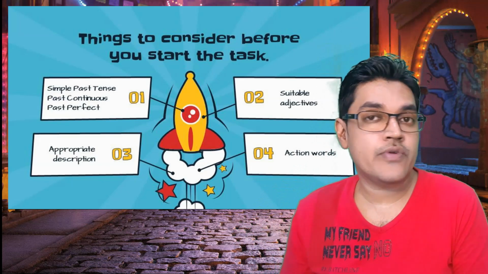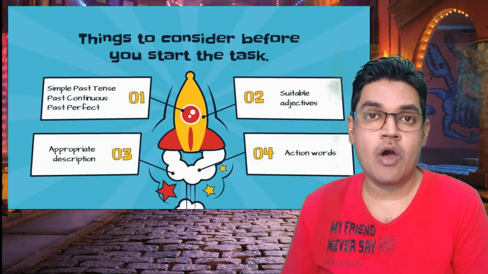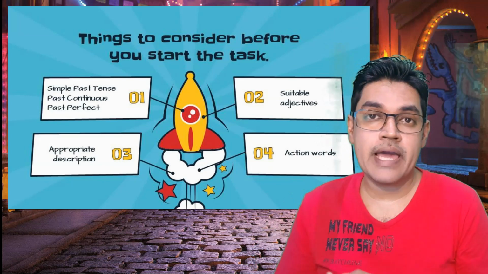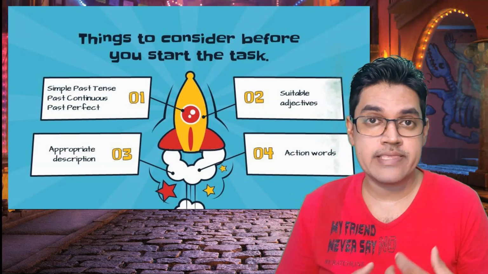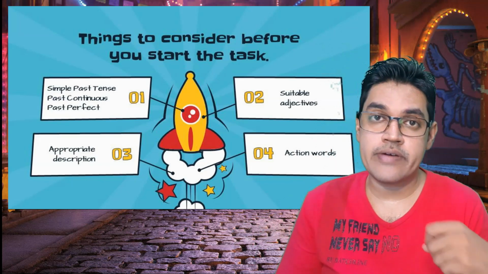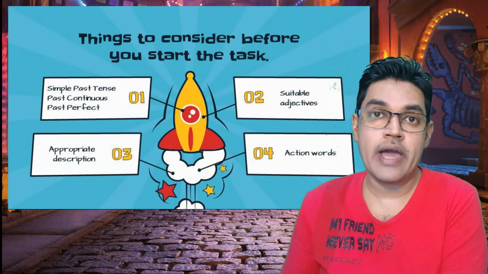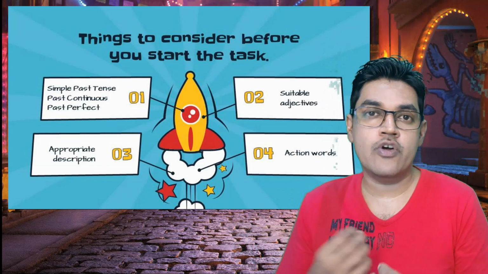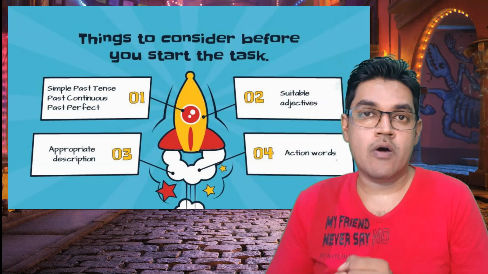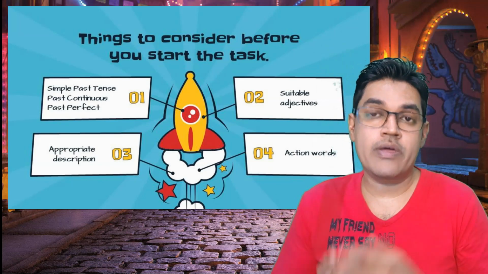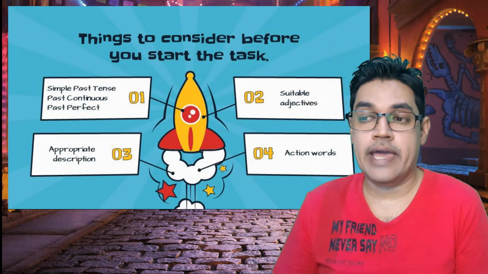You may look for some creative descriptions if you want to add them in, or if you feel you do not like to use creative descriptions, you can just get some ideas on how you want to go about the essay and take those ideas and write them as a draft, so that the draft can help you to construct your essay. And next, actions, you're going to refer to a few actions. Okay, for example, the character Mark may have a lot of actions to do in the story. Well, it all depends on how you're writing your essay. Now that we have looked at all the 4 elements that you need to consider for your essay writing,